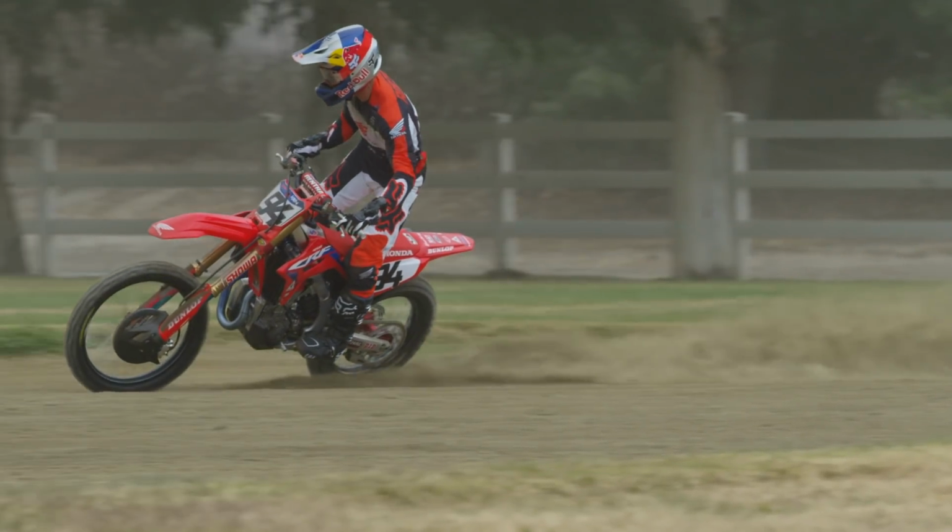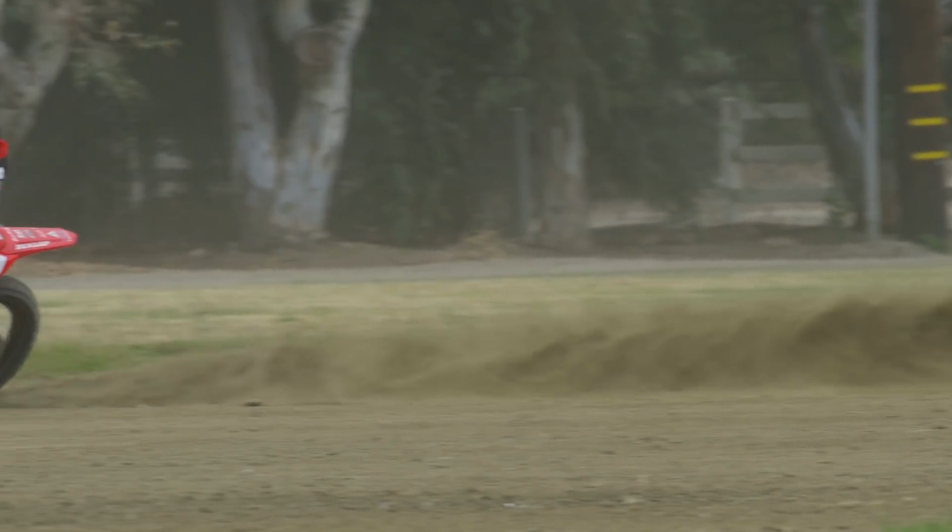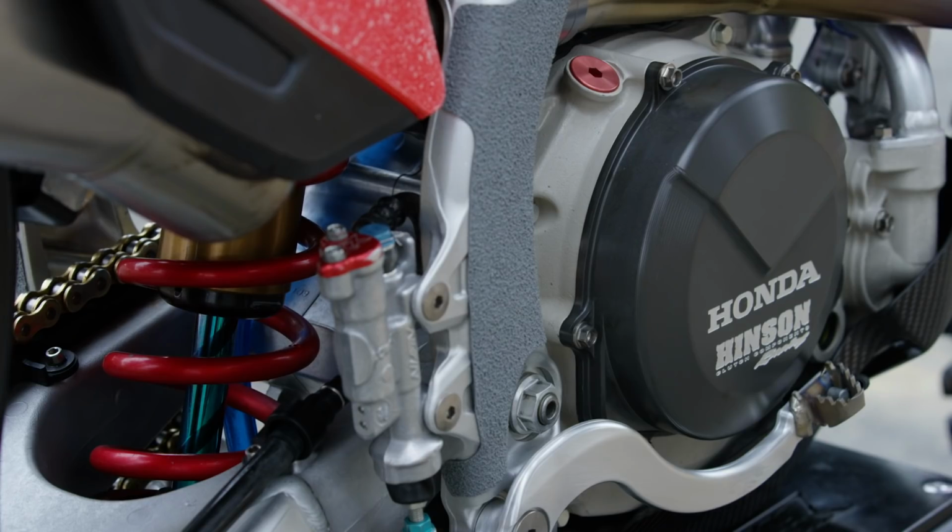that character just broader. They're looking for a little bit more on each end and just trying to make the bike as linear as possible and make it so the guys have to shift it as little as possible. That seems to be kind of what every team does with a 450 these days. And simple, that's what makes the bike the most rideable and allows these guys to ride them as hard as possible. Some of the components we are aware of inside the motor is a complete Hinson clutch on the bike,